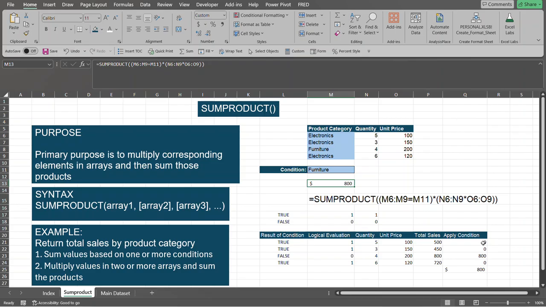In future videos, I will go through more complex SUMPRODUCT examples with more conditions and multiple conditions with ANDs and